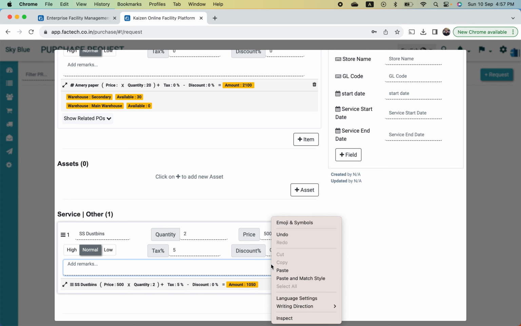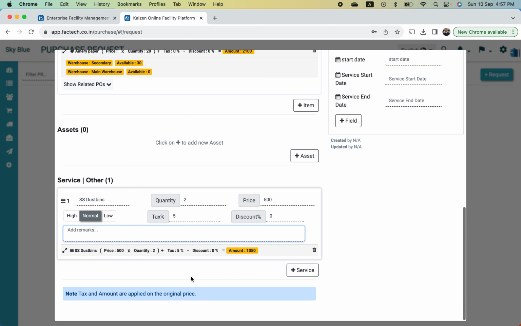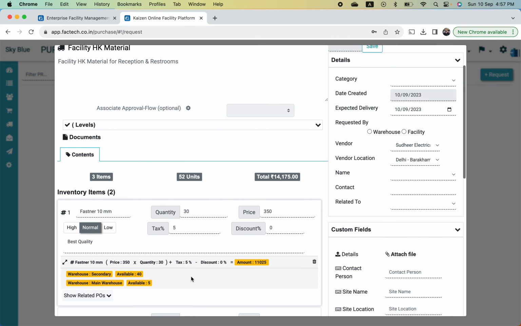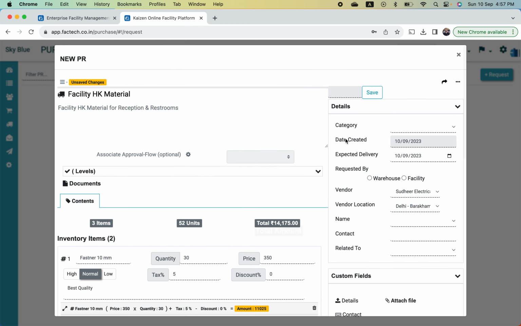So this I have added. Now you can see here at the top, 3 items total added, 52 units, and the total amount is around 14,175. Okay, this is there. Now again in this purchase request, for this demo, for this example, we have created